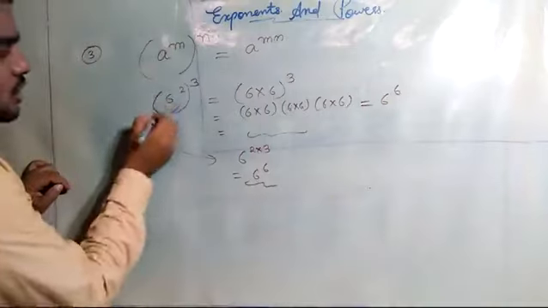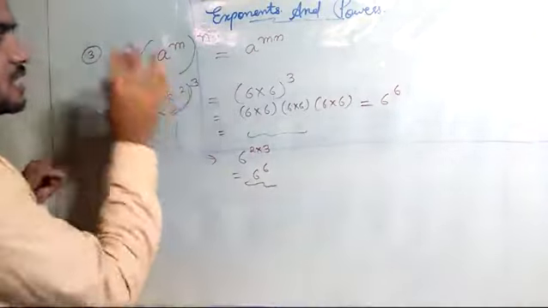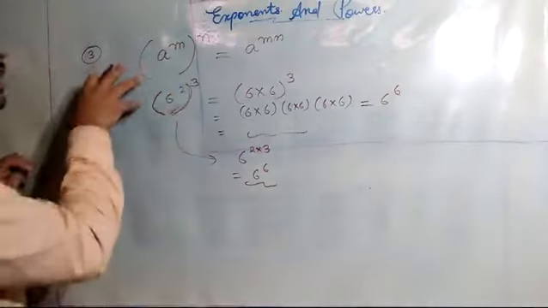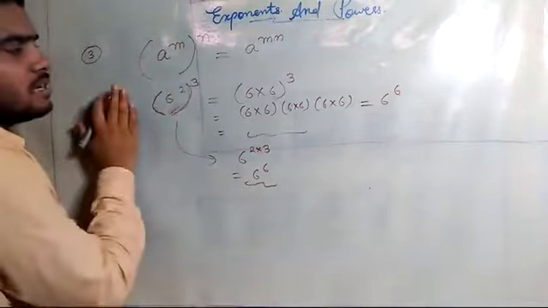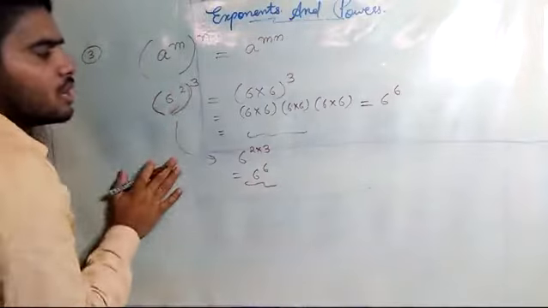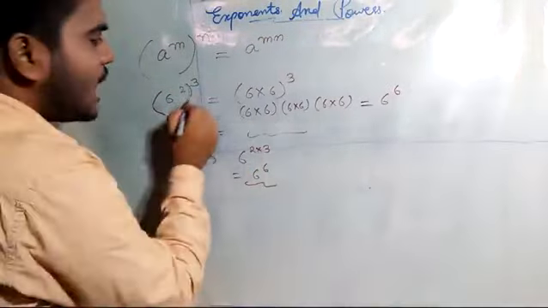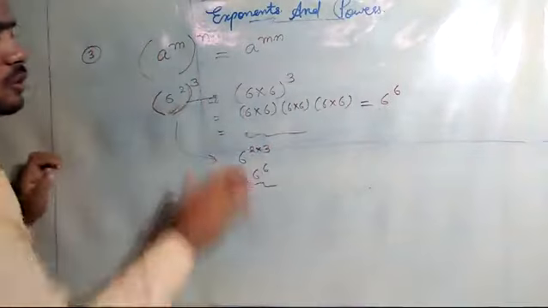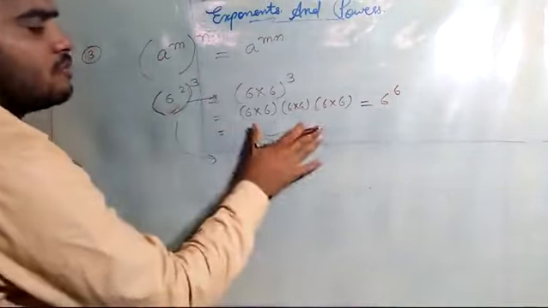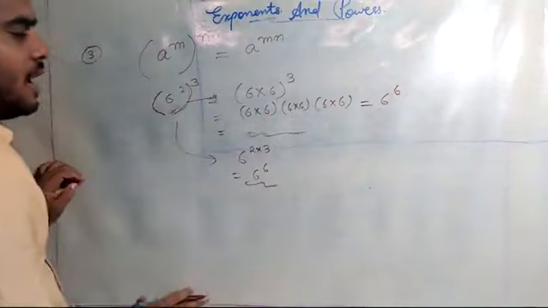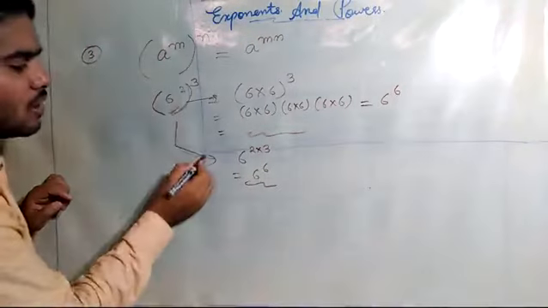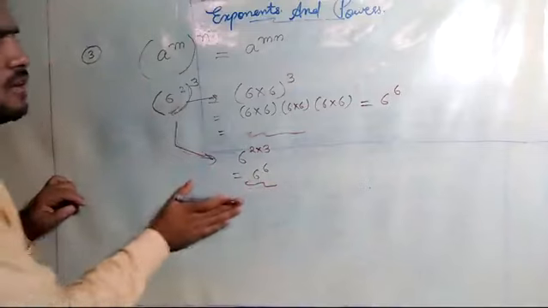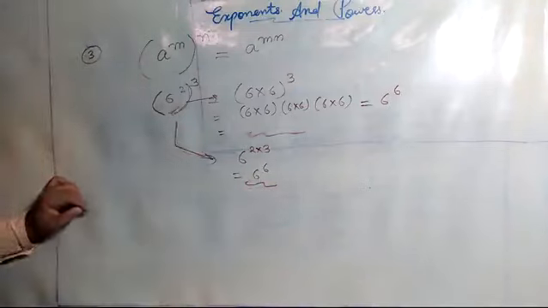So the shortcut method in this chapter is the only way: memorize the law and easily apply it in your numerical problems. If you expand these numbers in this way, it will be tiresome for you. It will take a lot of time to solve this type of sum. Instead, if you know the law, you will be able to handle these problems with less time and very easily.